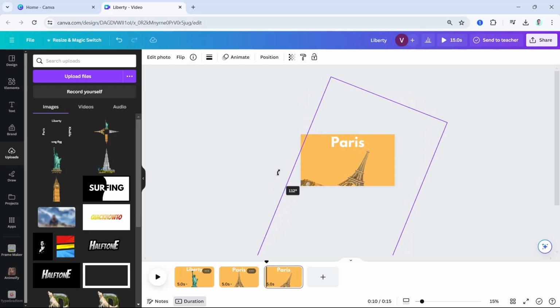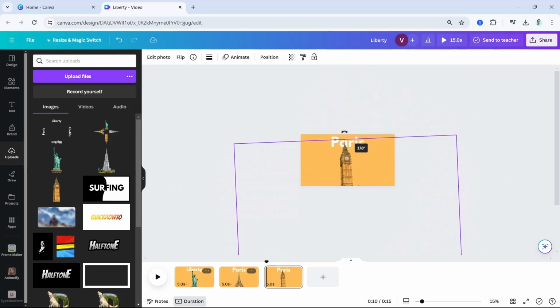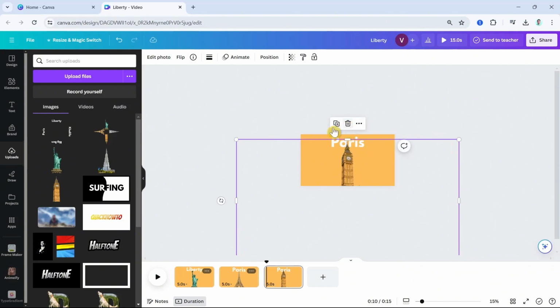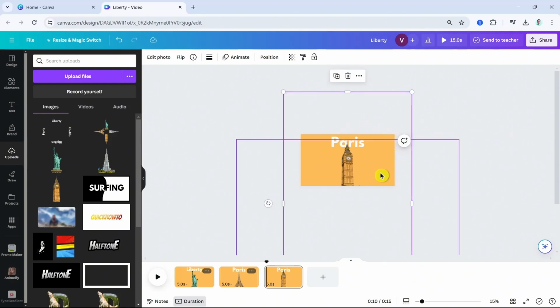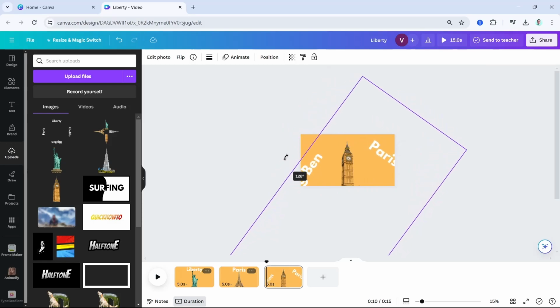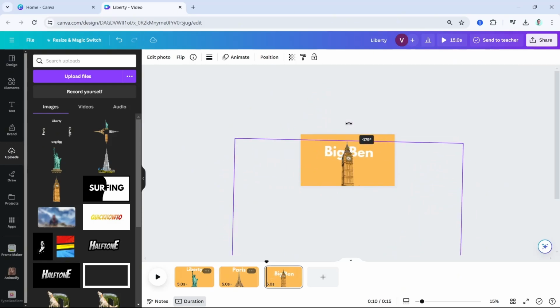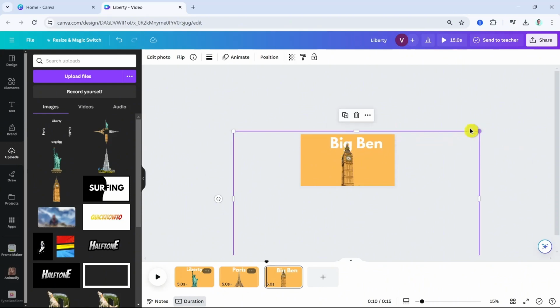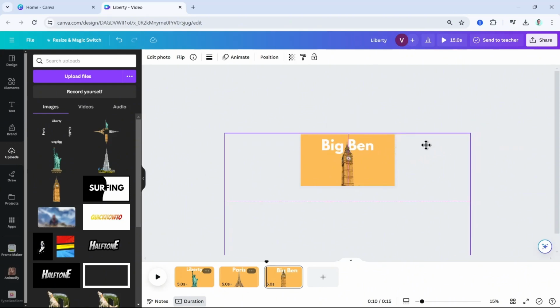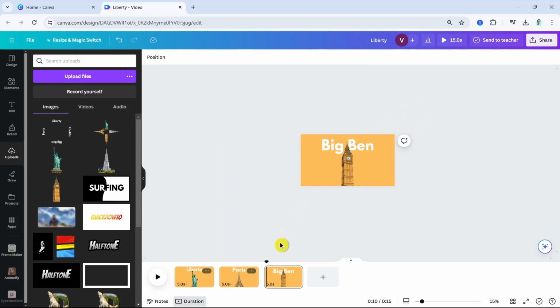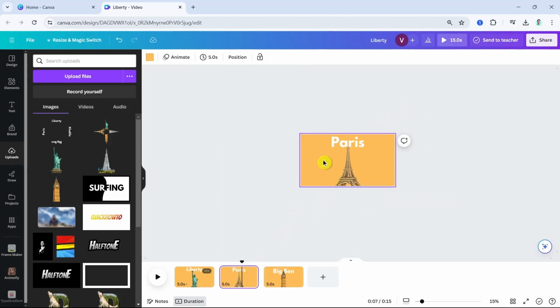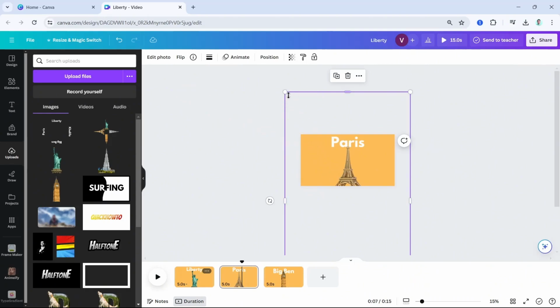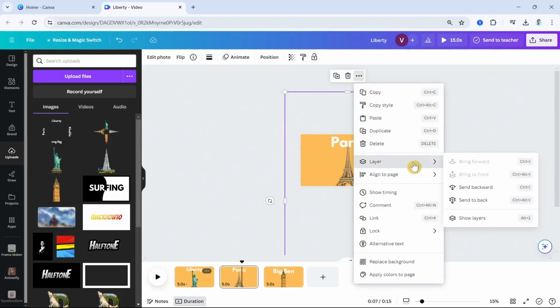Then you just have to rotate this and show the other image here, which is the Big Ben. And once done here, we can select the text, again rotate this one, and show the third name right here, which is the Big Ben. Now on the third landmark, you can change the color. For example, this one, right? So we're going to change the layer,